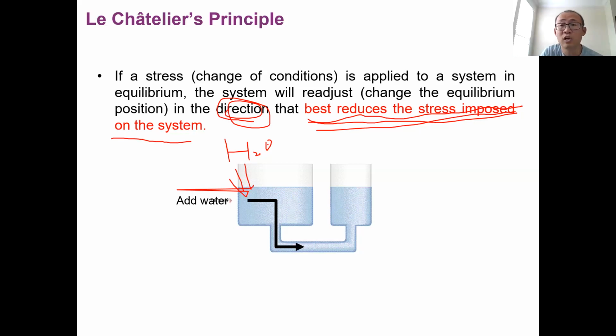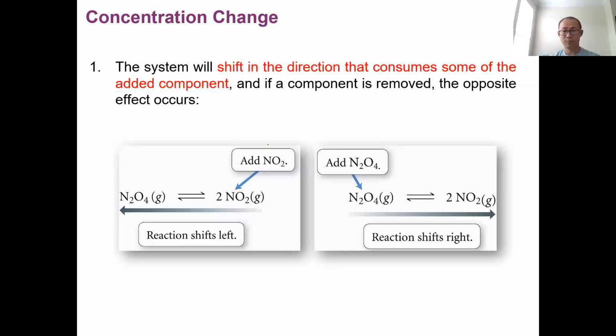Okay, with that, let's take a look at a few cases, a few disturbances when we have a real chemical reaction. This is a very simple equilibrium. You can see N2O4 produces 2NO2. The system will shift if you change the concentration. If you change the concentration of the reaction product, in this case the coefficients are very simple, 1 and 1, right? So if you add product, for example, on the left picture,